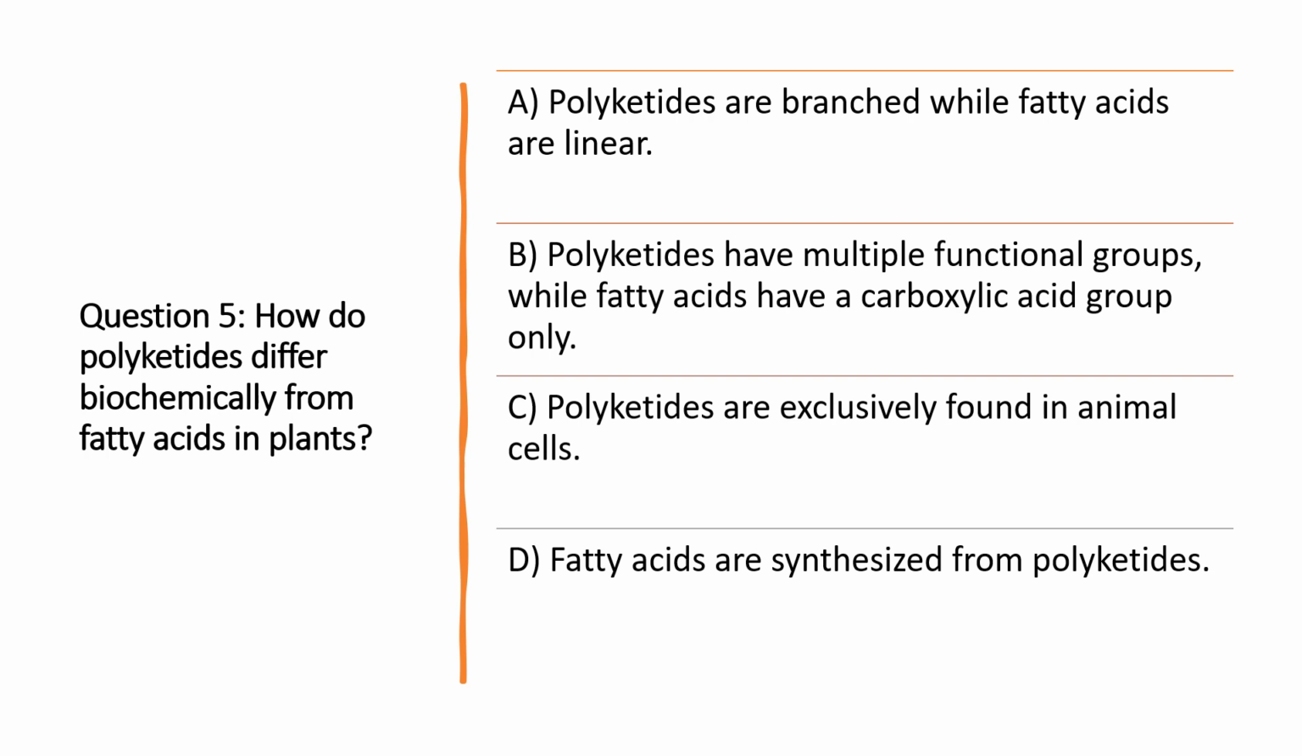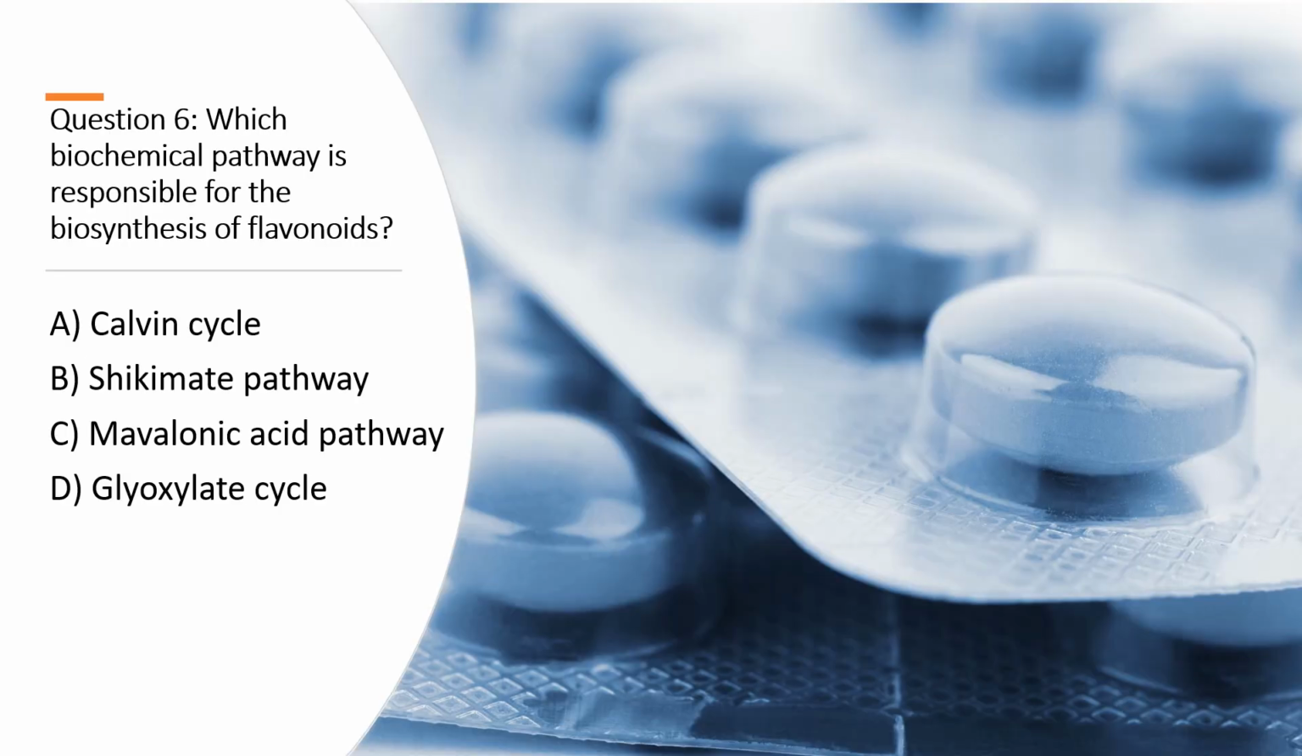The next question is, which biochemical pathway is responsible for the biosynthesis of flavonoids? A. Calvin cycle. B. Shikimate pathway. C. Mevalonic acid pathway. D. Glyoxylate cycle. Most of the people get confused between B and C, but the correct answer is B, because C